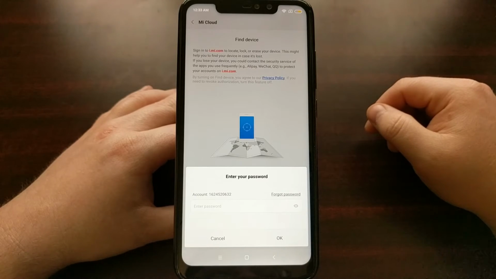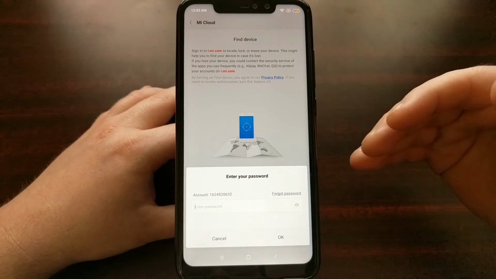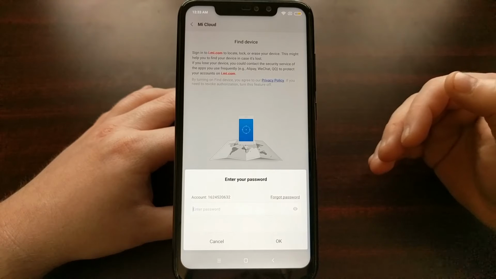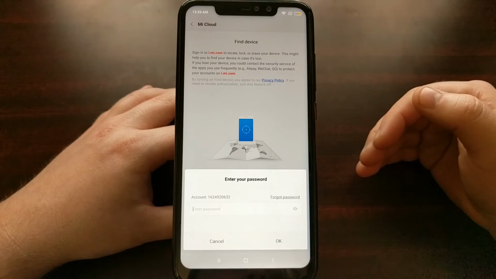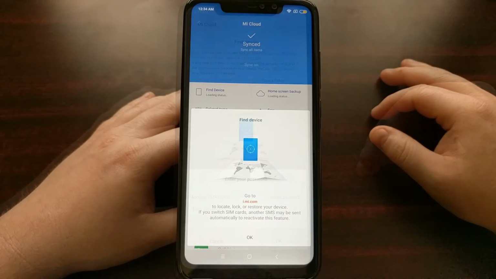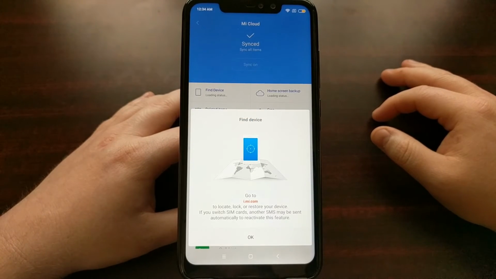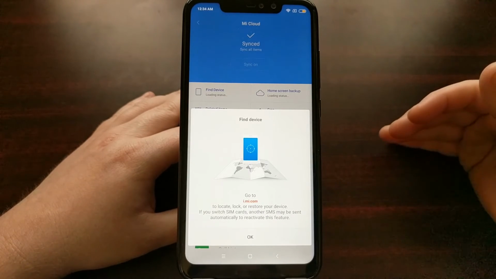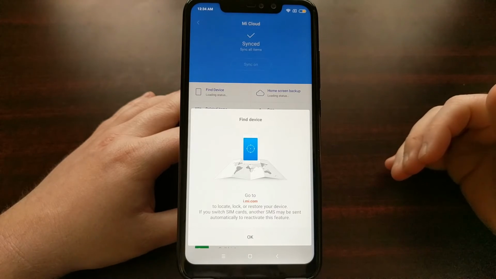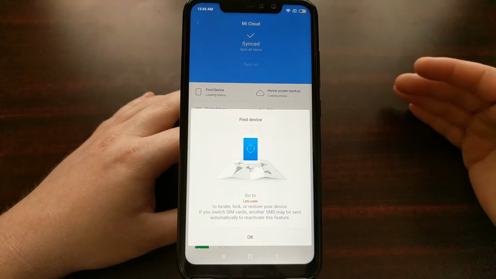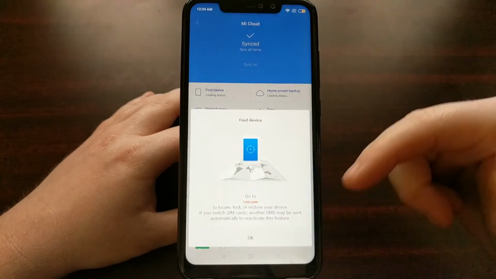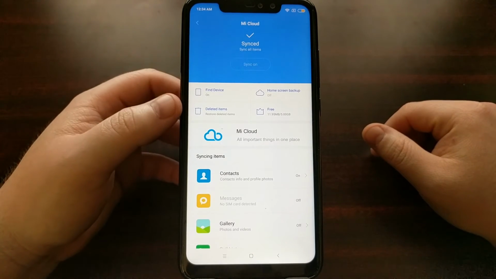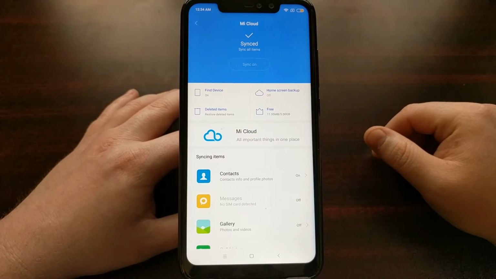And again, it's going to ask you to enter your password just so that Xiaomi knows that you are the person who owns this device and you are the person who is in control of the account. Once you have enabled the Find Device option and logged into your account yet again, it's going to give you some instructions to let you know that you can go to i.me.com to locate, lock, or restore our device. Now that you can see Mi Cloud is synced and the Find Device option is on,